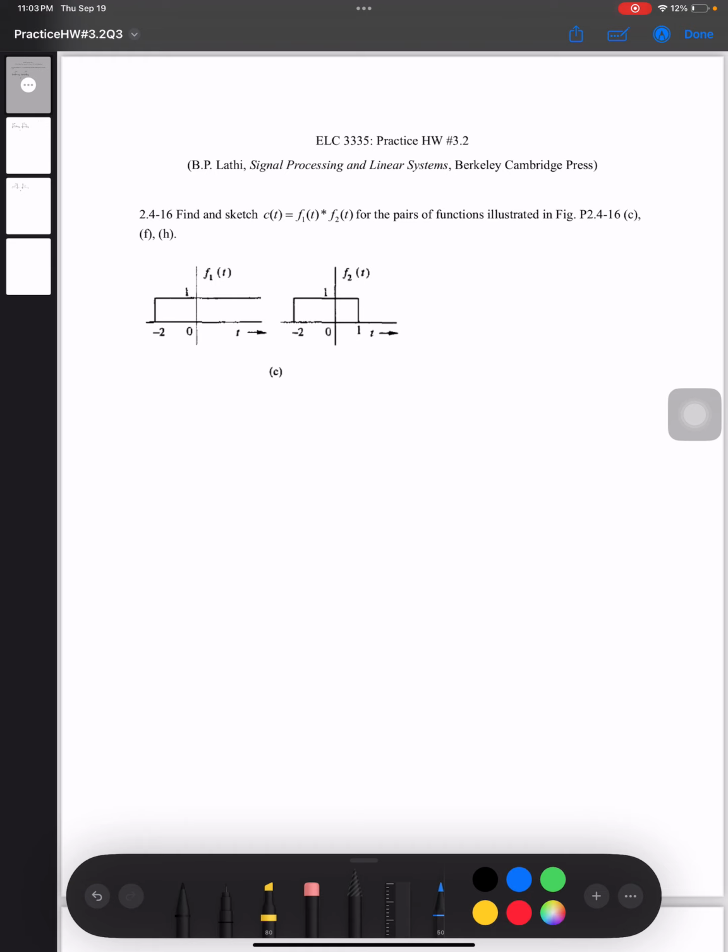Based on the definition of the convolution, we can get the convolution of f1(t) and f2(t) equals the integral of f1(tau) f2(t minus tau) d tau. So we need to visualize it. Step 1,